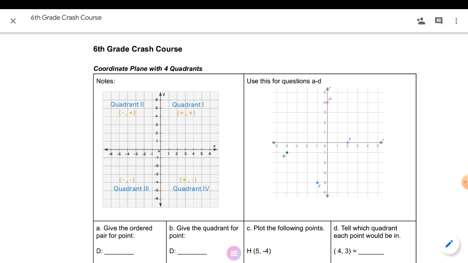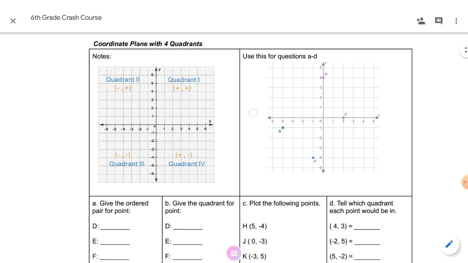Kind of like the statistical questions. Okay, if I wouldn't have talked to you about statistical questions, you'd have no idea what one was. But now that we spent like a day on it, I feel like you guys are pretty comfortable with it. Okay, so there are 3 different skills I'm going to touch on this week. Coordinate planes with 4 quadrants, box and whisker plots, and then on Thursday we're doing graphing inequalities and just inequalities in general, what they are. Okay, so for the notes,